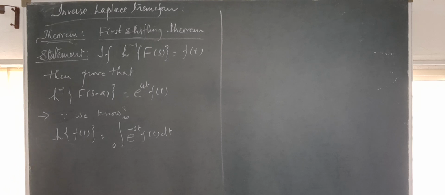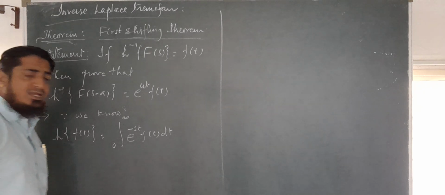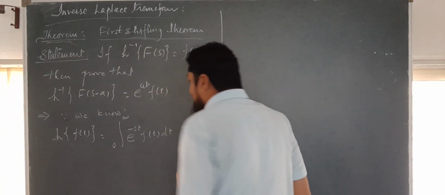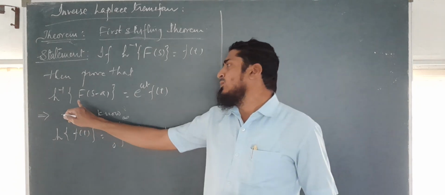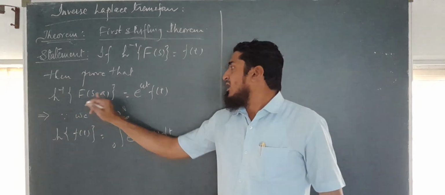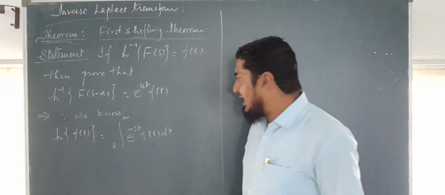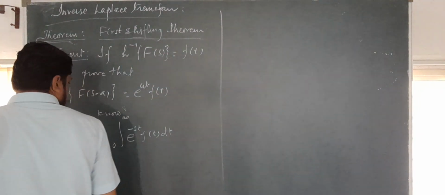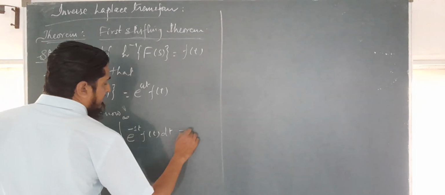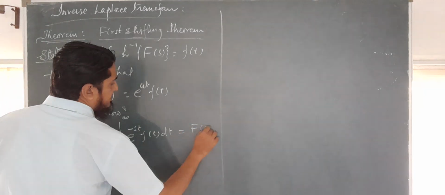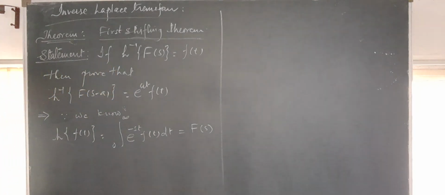Since we have to find f of s minus a, we can first write it as f of s, correct? Now if we want to convert this f of s